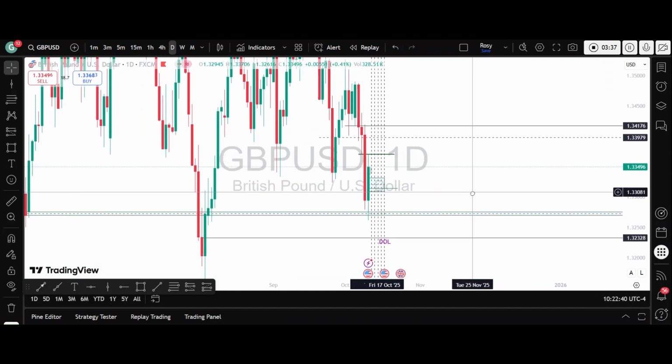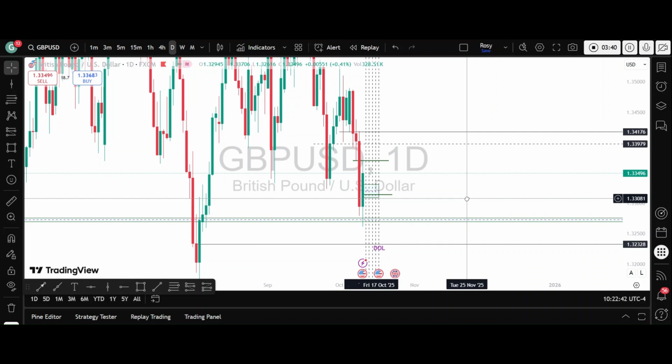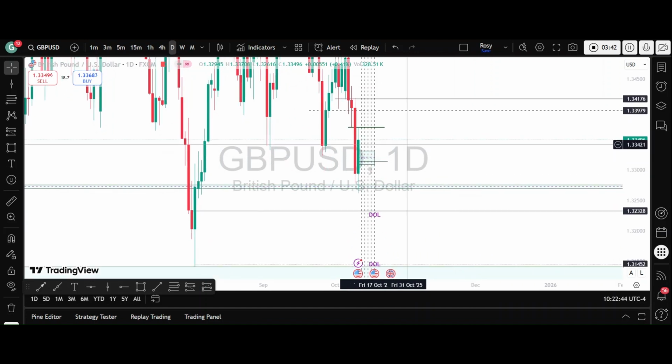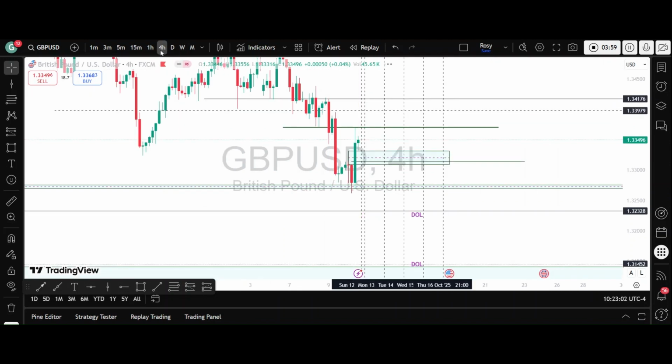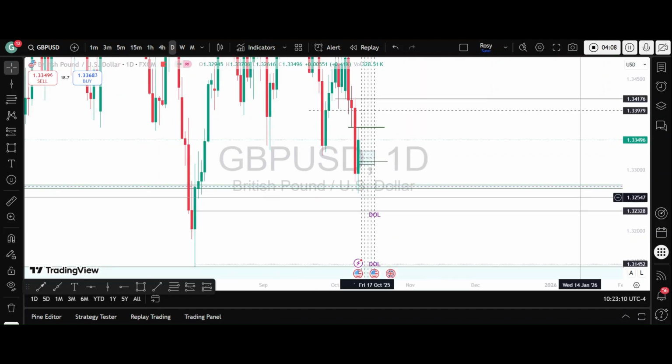So if you look at the daily time frame, where is the price likely to go? As of Friday, we can see that the price reacted to this one. That was a gap, a volume that should be on the monthly, on the weekly. Here it is. That was what gave me my entry on Friday to take a trade, and I exited the trade using the 4H, because I knew that the price would get to this particular candle, and that was exactly what I did. So if we drop to the daily time frame, like we said, price reacted to this area,